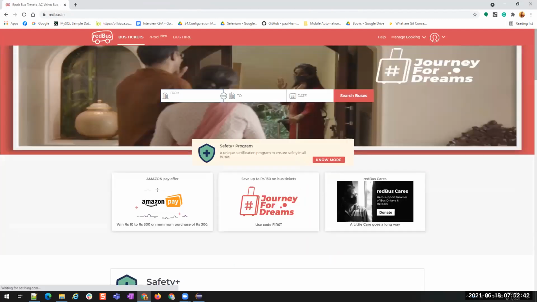Which site? What is the site for? This is an Indian site where we can buy bus tickets for different locations.